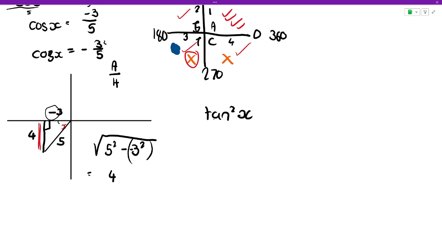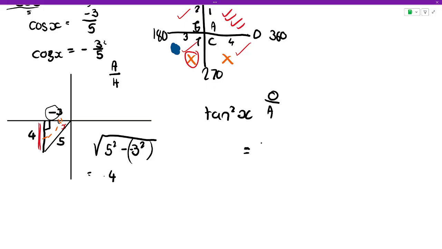Now we know tan is your opposite over hypotenuse, sorry, it's not that, my bad. That's opposite over adjacent. Now, this line is opposite and this one is adjacent. Therefore, it's going to be